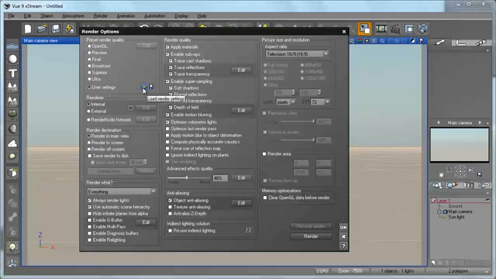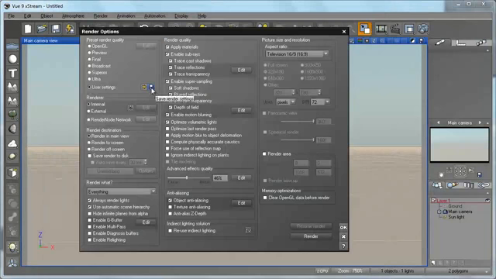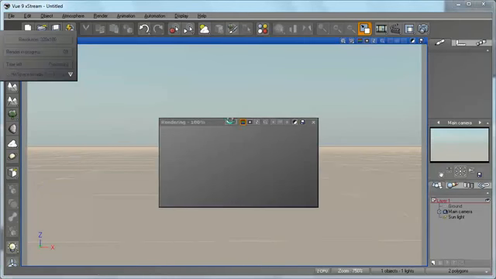You can also load render settings here if you have saved any one of your settings, or just save a new one. You can use an internal render, an external one, or use the render node network. We have the render destination, so where your render will be displayed. So here we have in main view, as we see with the preview renderings, we have the render to screen, so it will render in a new screen, as you can see here,